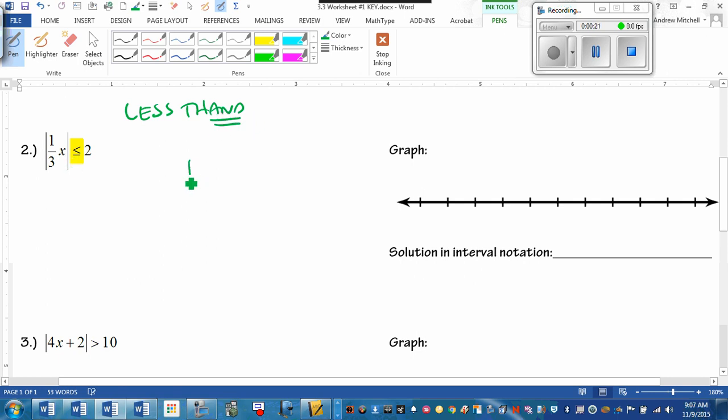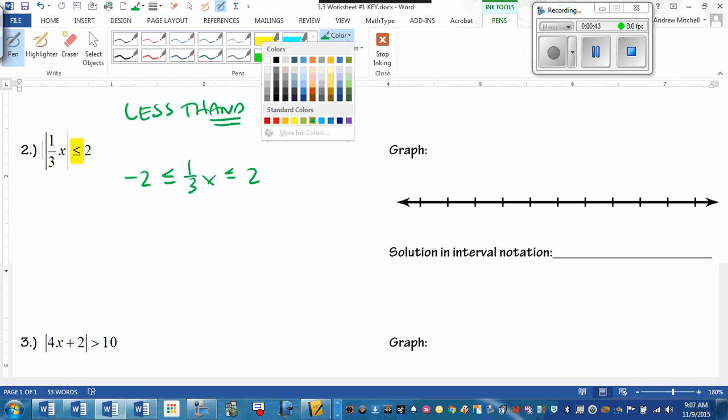So we're going to take the inside, that 1/3 x, and it's going to be less than or equal to 2, but it also has to be greater than or equal to -2. An "and" inequality is when we put two inequalities together to make one. That happens when we have less than or equal to, or just less than, or less than or equal to. So with this one, we want to go ahead and solve this,